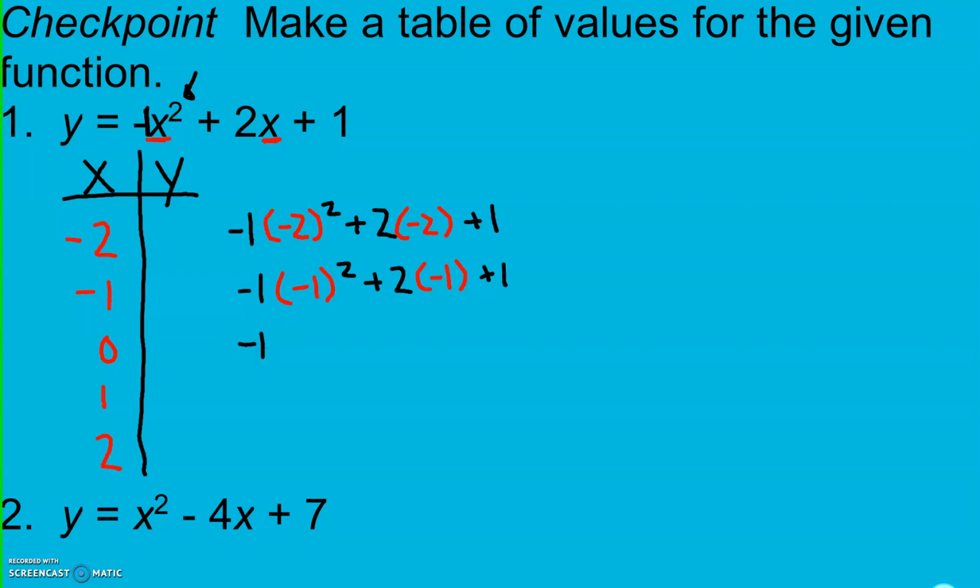I have -1 times my x value, squared, plus 2 times my x value, plus 1. -1 times my x value, squared, plus 2 times my x, which here again is 1, plus 1. And then I'm going to take -1 times my x value, plus 2 times my x value,